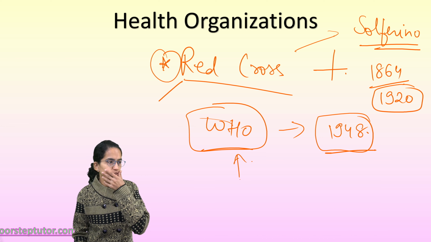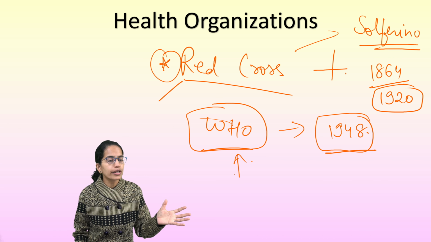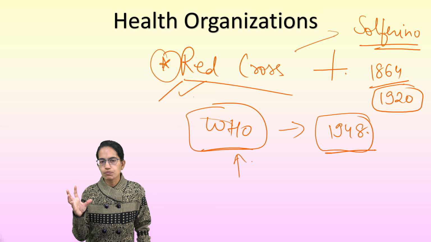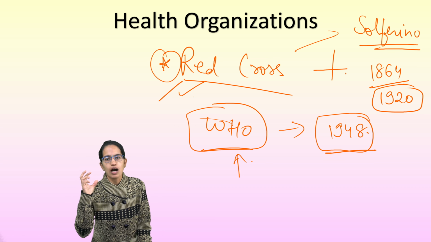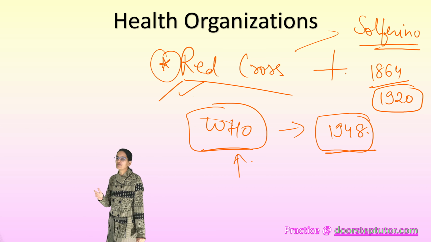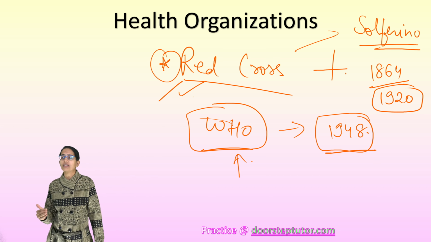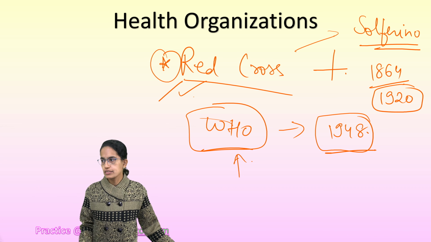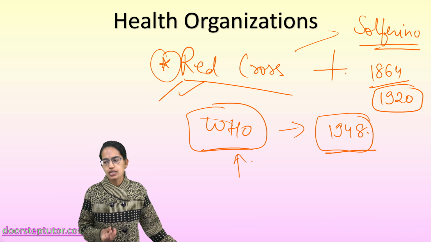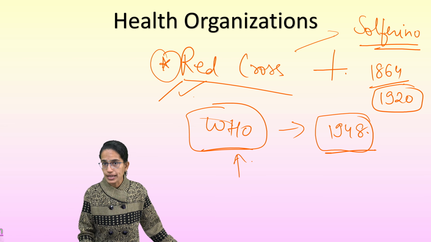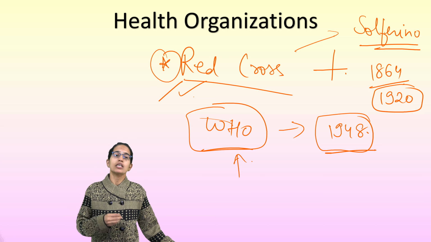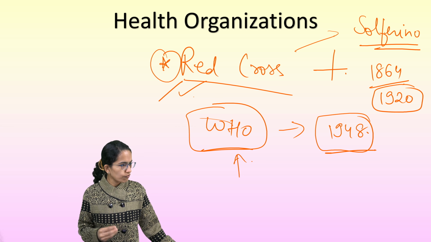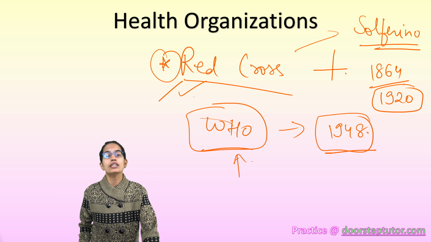The role of the World Health Organization is broader in contrast to the Red Cross, which has a very specific and focused vision, mainly in emergency and crisis situations, when countries are at war, when the military requires support and ambulance services are needed. In those times, in humanitarian relief efforts and disasters that have occurred in a specific area, the Red Cross plays a very important role. So this was an important topic.